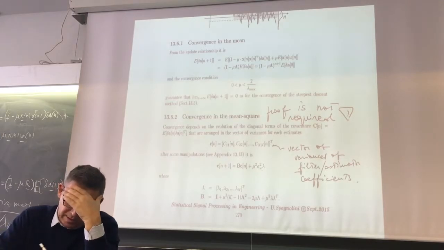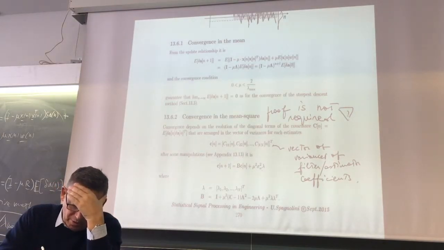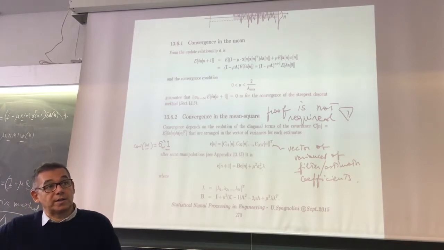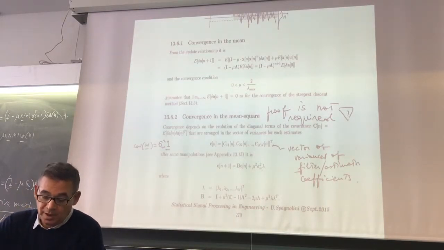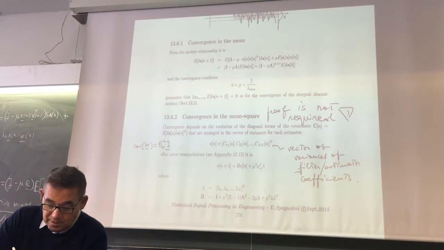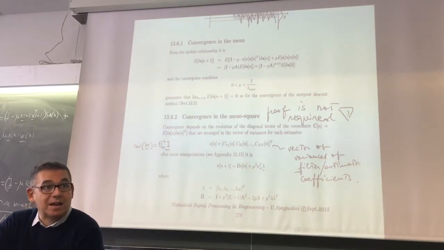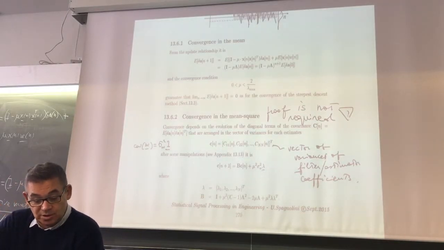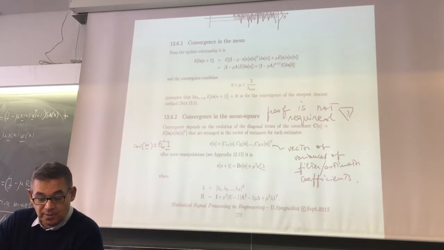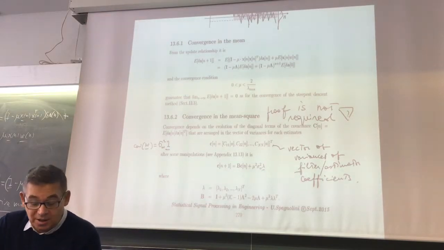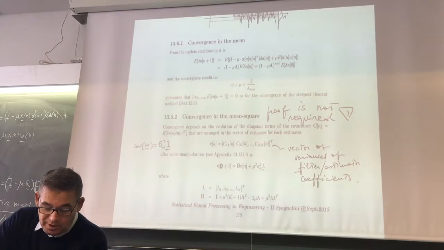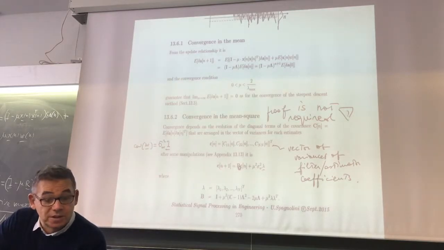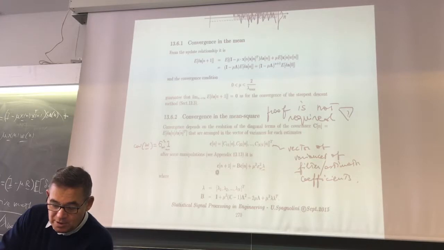To make it simple, I made the assumption that the covariance of W is sigma square W identity. So the noise is uncorrelated. That's another simplification. So the matrix P, and that lambda is the vector of the eigenvalues. It depends on the eigenvalues, and it depends on a certain matrix B. Now, intuitively, if this is converging to infinite,